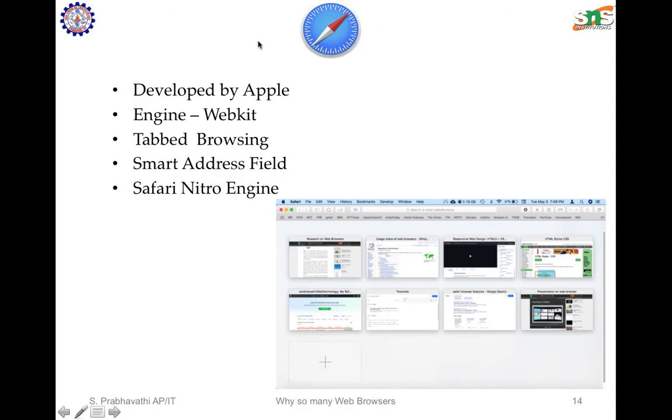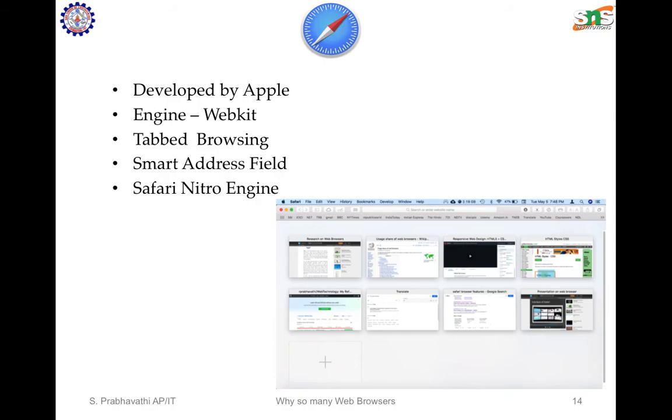And talking about a few of its features, there is tab browsing, which we already know about. It means that in a single browser window, we can open any number of tabs simultaneously. And the smart address field finds sites which we have recently been to.